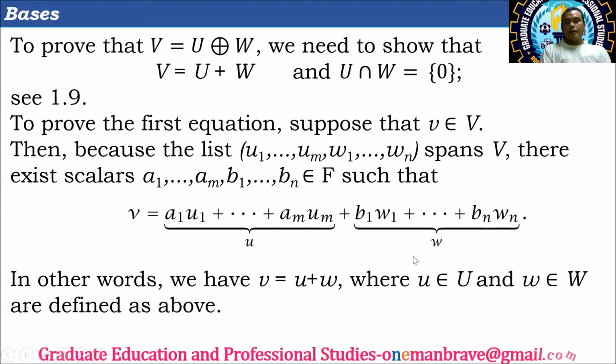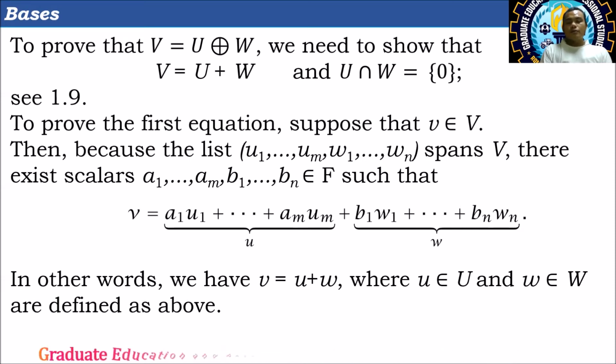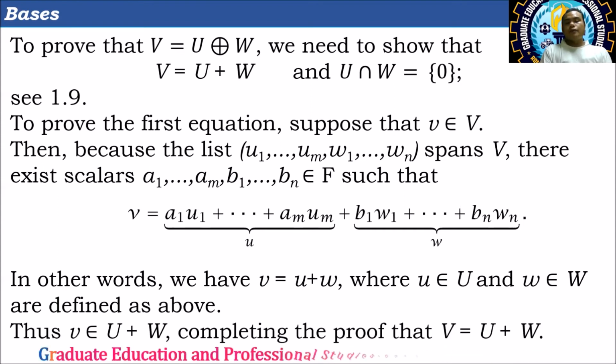In other words, we have v comprised of u and w, where u is an element of U and w is an element of W, as defined above. Thus, v, which is an element of V, is equal to u plus w, completing the proof that V is equal to U